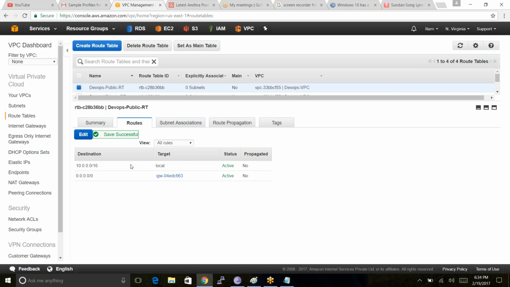So I'm just explaining once again. You have to be clear on this routing tables. Just click on edit and add here 0.0.0.0/0 IGW. So what I told you, IGW is helping us to reach our network to the internet. So what we are telling in the IP here, with the help of routing tables, is that any kind of IP address can reach my subnet with the help of IGW.